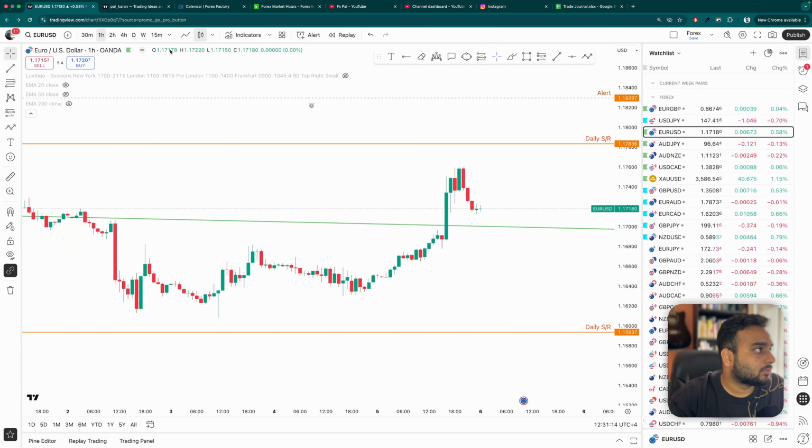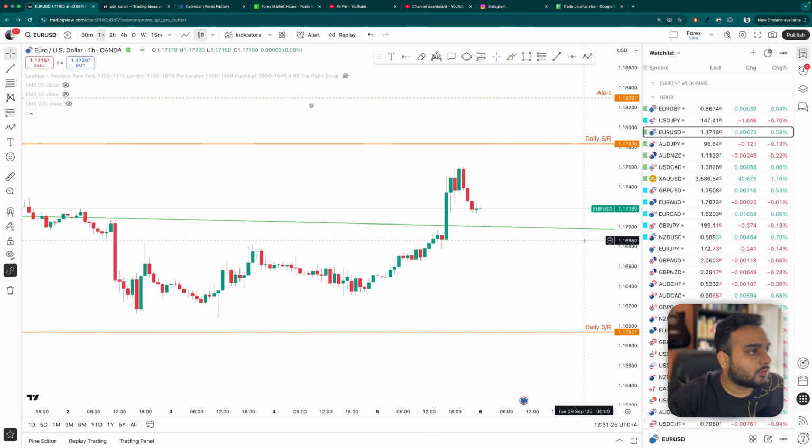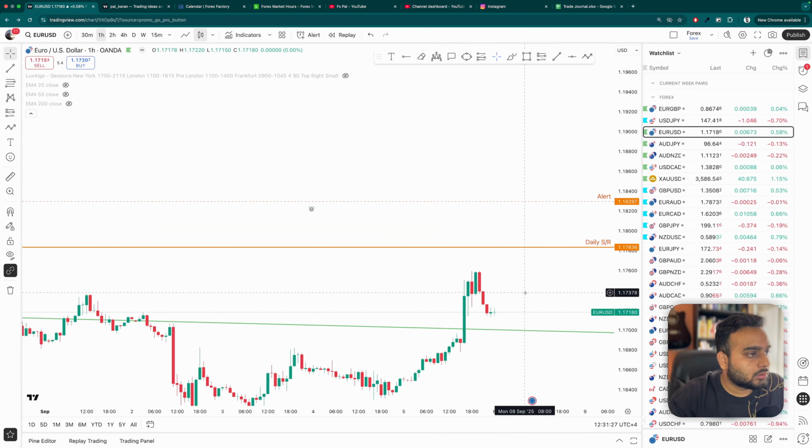So I mean, the red candle is engulfing, but it's not so strong compared to the momentum which actually gave this big push. So what I look for is,